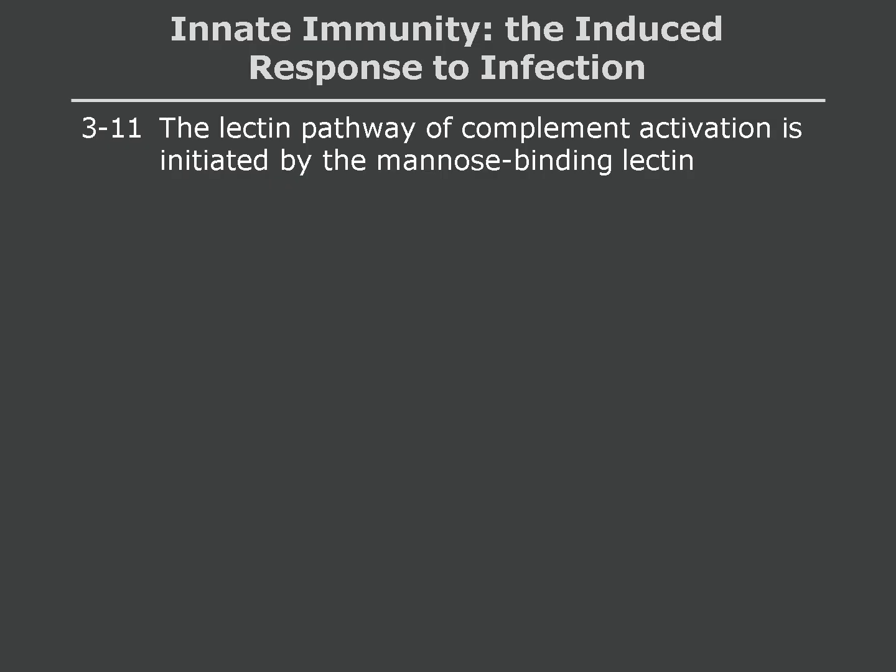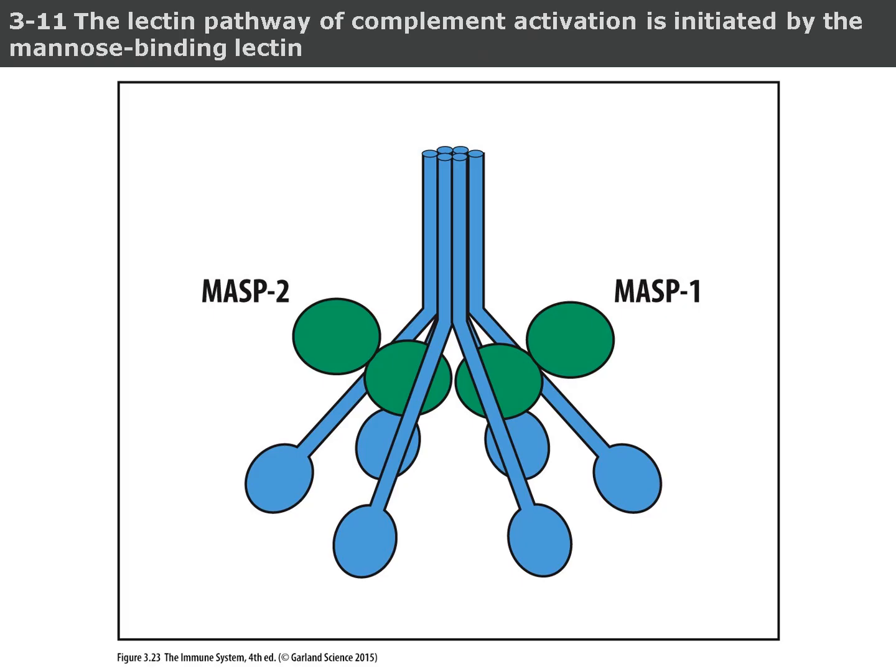The lectin pathway of complement activation is initiated by the mannose-binding lectin. This illustration depicts the mannose-binding lectin complex, which plays a central role in the lectin pathway of complement activation. The blue structures represent the mannose-binding lectin itself, arranged in a bouquet-like configuration that allows it to bind multiple carbohydrate